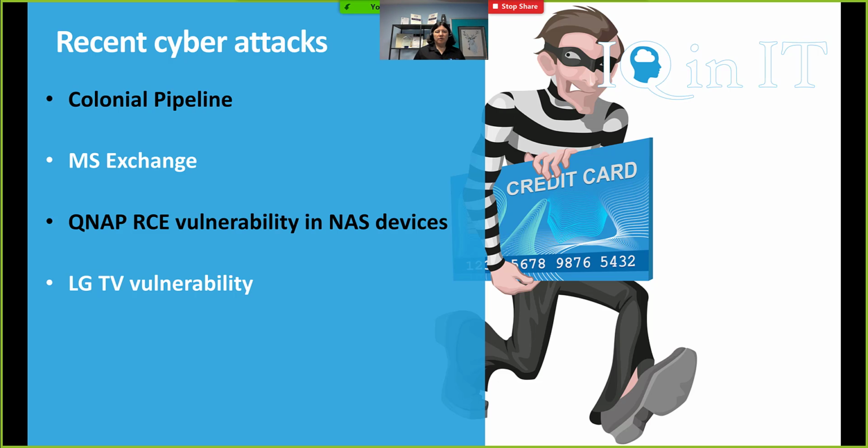So, recent cyber attacks you might have seen. Colonial Pipeline, which supplies quite a big chunk of the US, has been compromised. Obviously the details about the compromise aren't yet known, but the fact that the hackers have put up on the dark web an apology that they didn't mean to disrupt infrastructure tells me that it's most likely quite a wide attack, and someone who shouldn't have had admin rights had them, and clicked on a link from an email and allowed access. And obviously that network has been connected together with the network which controls all the pipelines, and all of that just got